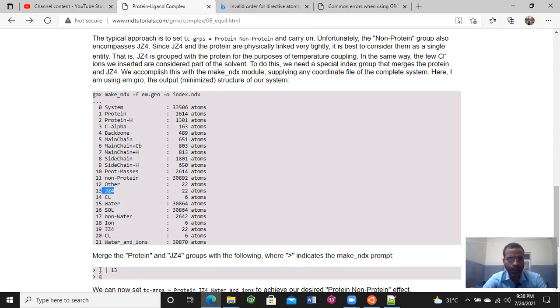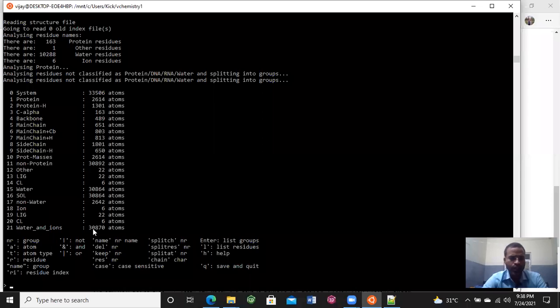So you have to write 1 and 13. Just copy it. In some cases, you also have to check whether the number 13 is the ligand or not, and whether 1 is protein or not, because as the version of GROMACS changes, some changes occur in these parameters, like some parameters were added. That's why it may change. So we need to change it.